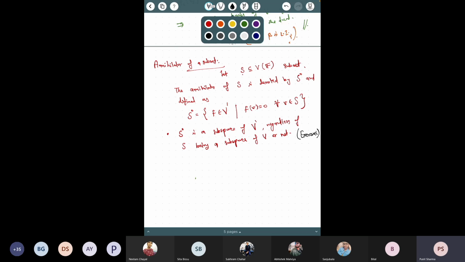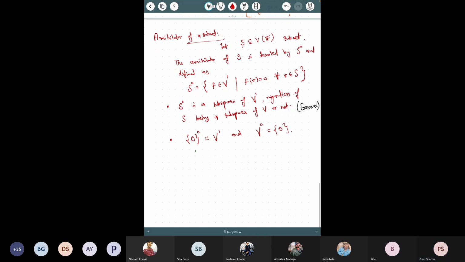Now by definition, you can also say what would be the annihilator of the zero space in V. So S is a subset containing the zero vector only. What would be the annihilator of this? It's V dash. Yeah. And what would be the annihilator of V? 0. 0, sir. Yes, sir. Okay, all right. This you can verify easily. Why is this? Just use the definition.